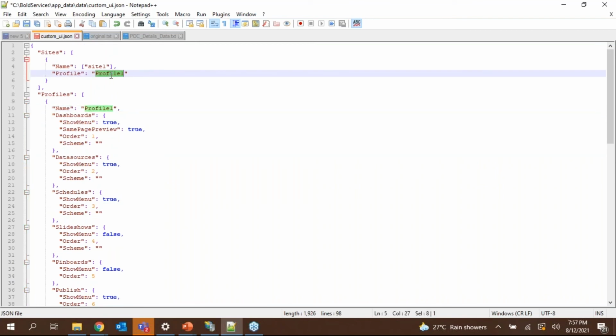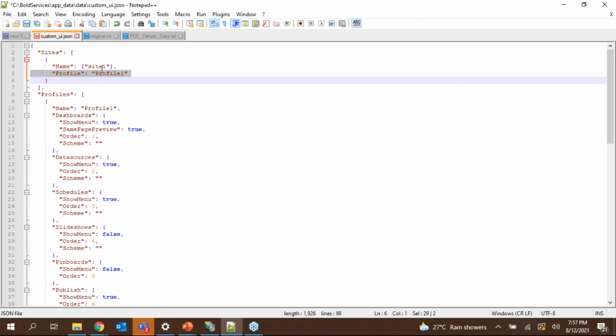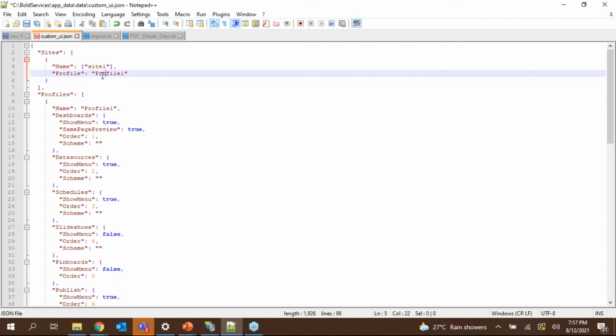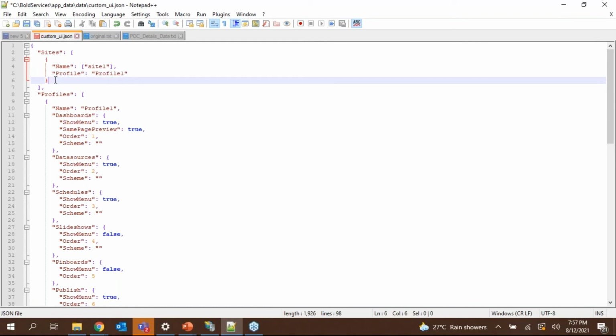Whatever profile you are providing here will be applicable to the sites you have added in the array collection. So you can have n number of different tenants also, like site one, tenant four, and they will use the same profile details. And if you want to use different profiles for multiple tenants, like site one must use profile one, and tenant one must use profile two, something like that, you can add it by adding to the sites list. Okay, so that's the profiles detail.